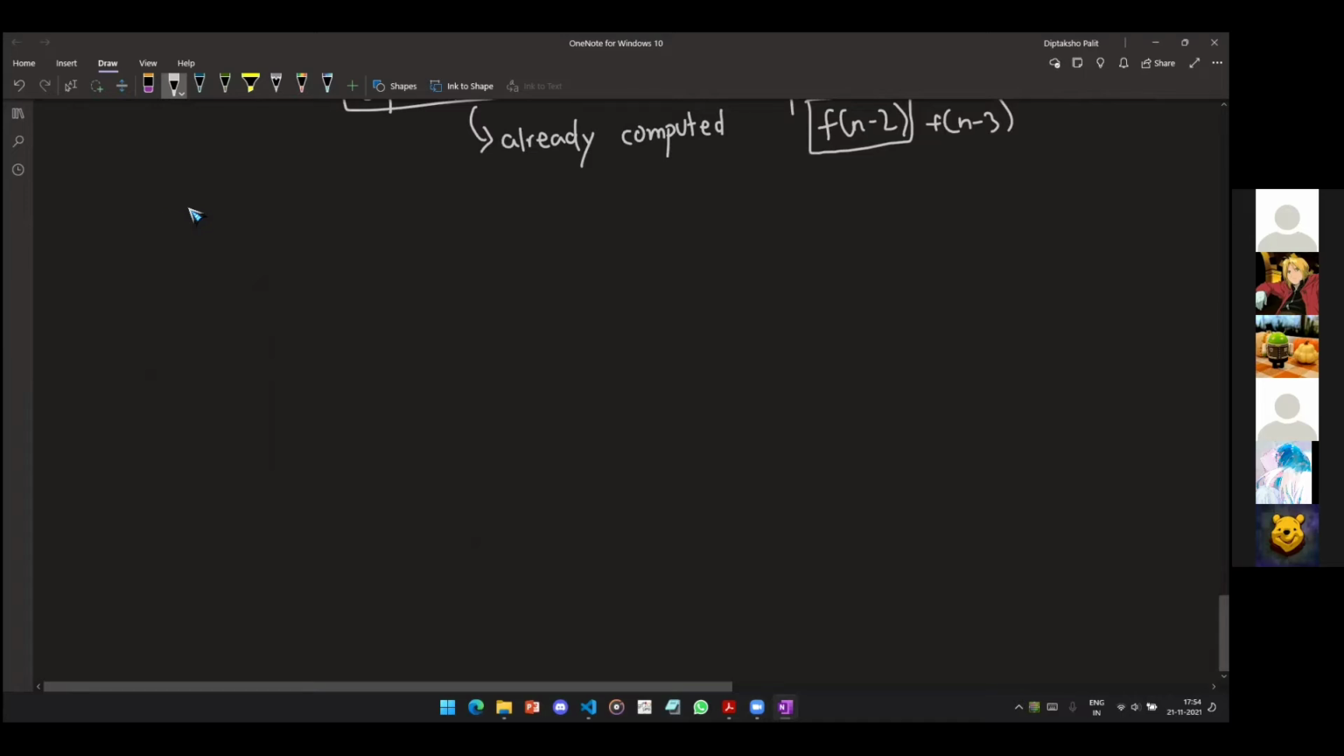So now, how to do dynamic programming? With Fibonacci numbers, there's a pretty easy way to go about it. Fib of n is equal to, we define this helper function, go of 0, 1 and n, where go of